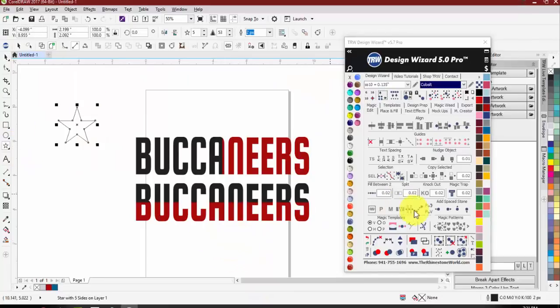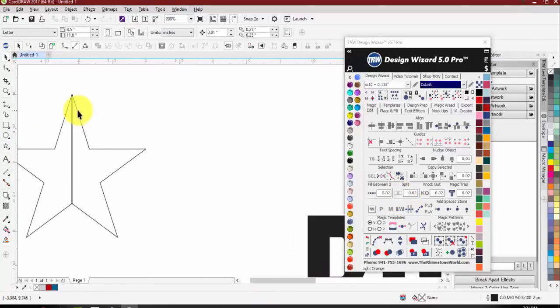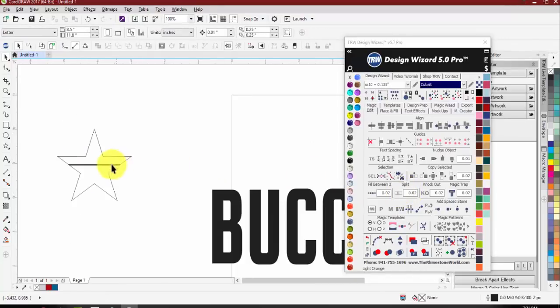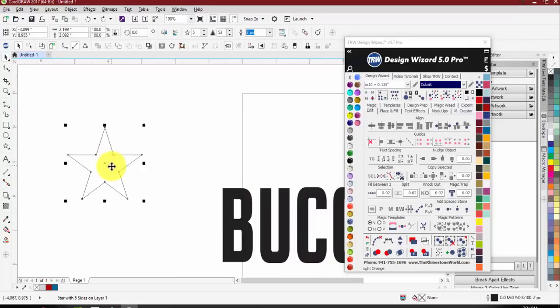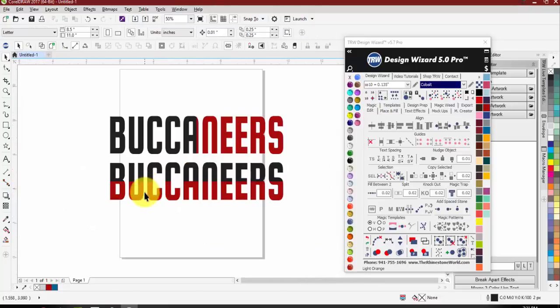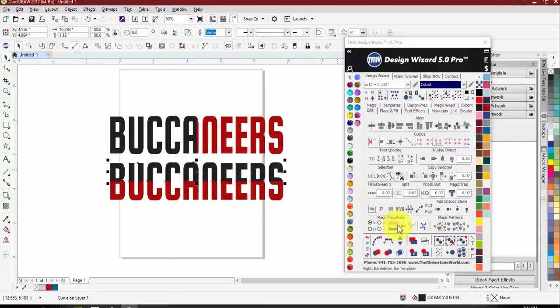So if we had our star, you hit split, it'll split it right down the center that way. Right click, down the middle. So it's always going to find the middle point. On a star like this, this is the top point, this is the bottom. Wherever that middle point is, it's just going to split it in half. And you can use it more than once on the same object. So I can come back here, right click it again, right click this one again,